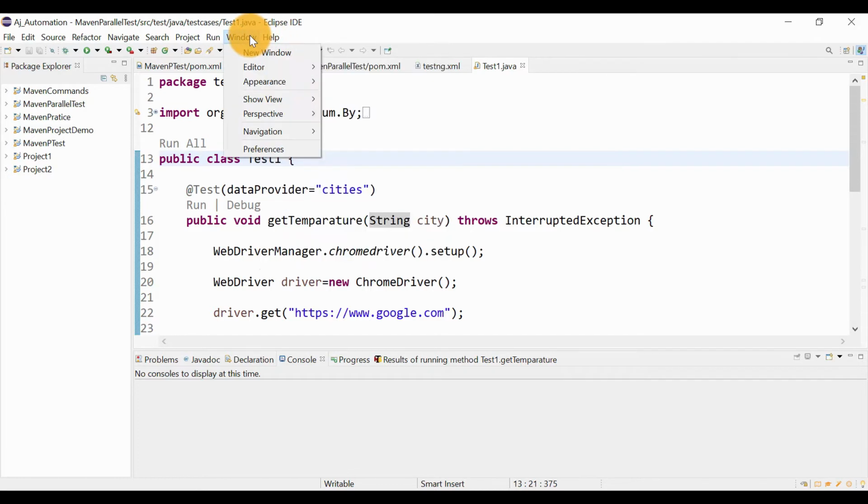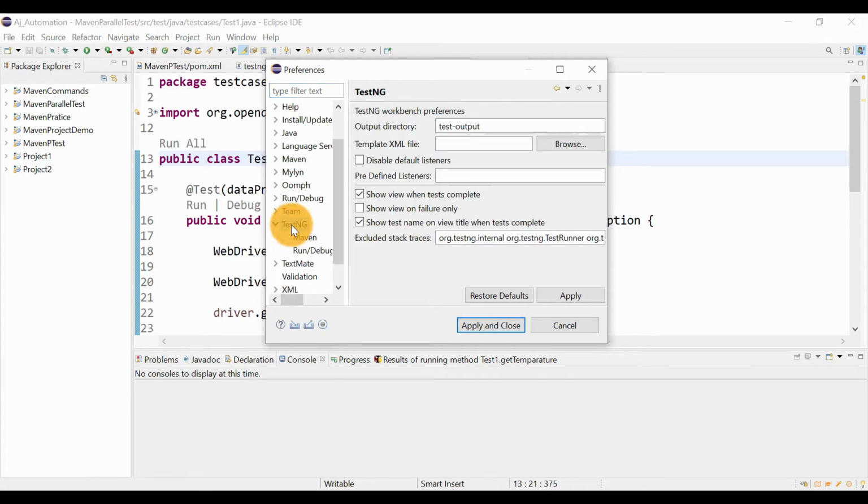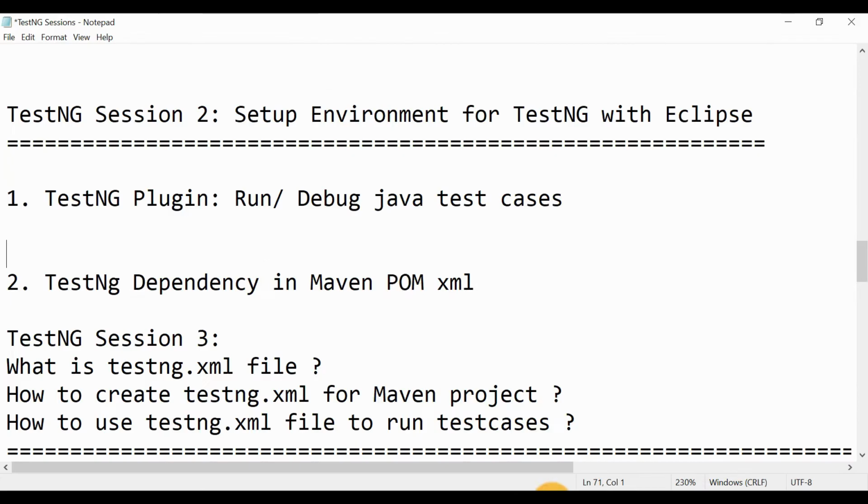How do you see if TestNG is there in your Eclipse or not? Just go to Window, go to Preferences, and here you will find something like this, TestNG. If you are able to see this option, that means TestNG is successfully installed in your Eclipse. So that's it, you have successfully installed the TestNG plugin. It's very simple.